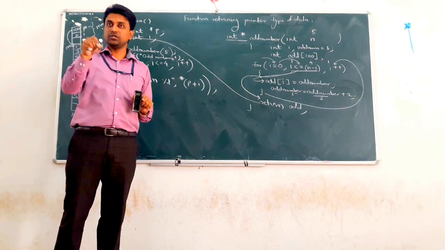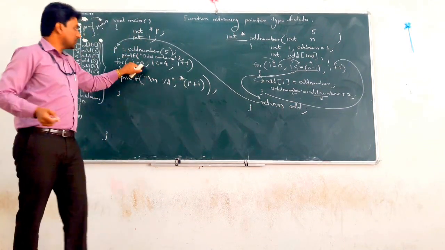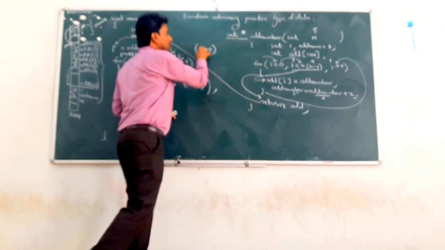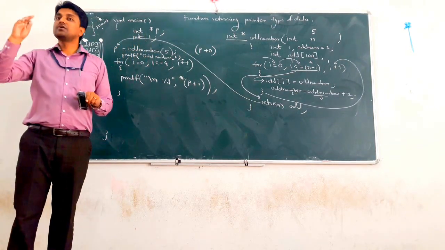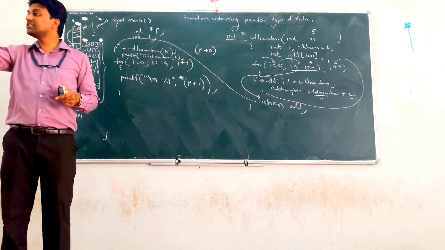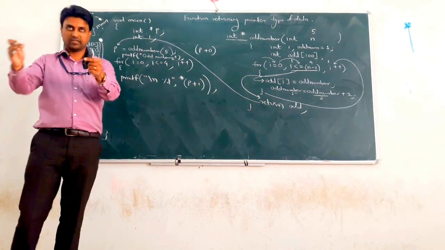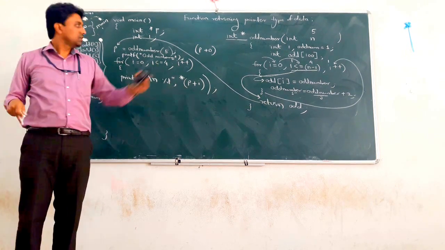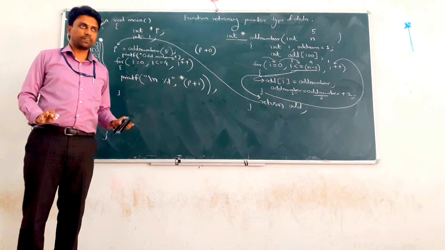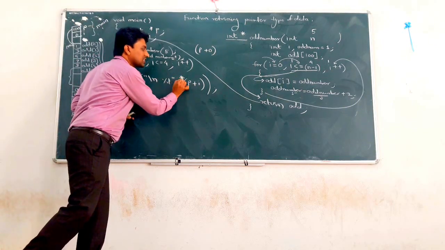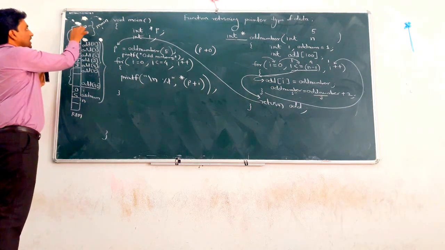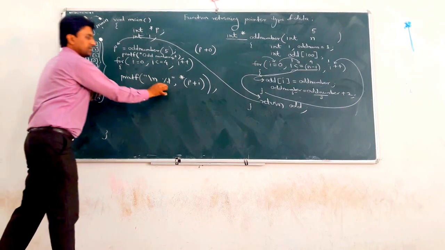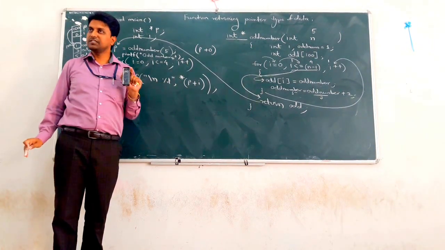p contains the base address. Plus i. What is the value of i in the first iteration? 0. So p plus 0 means don't increment, don't go to the next block. This is the first block of the array. What is the second block? The next to that. Don't go there. This is the current block, so that is similar to the base address of the array. And star means go to the value stored at the pointer, that address location, whatever the value may be, and print it here instead of %d.